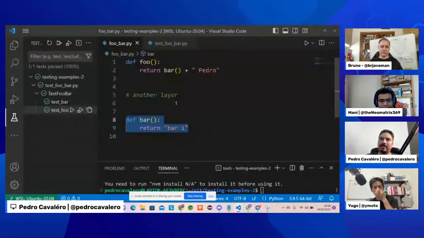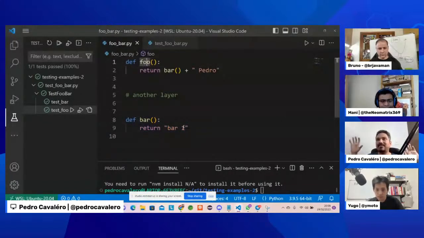So for example, in this case, I'm separating the layers of the bar and the layers of the full layer, but I'm saying that the full layer depends on the bar layer to work, right? That's what I'm saying here. I'm saying that I have a dependence. Our code has many dependencies when we go to the layers below that.